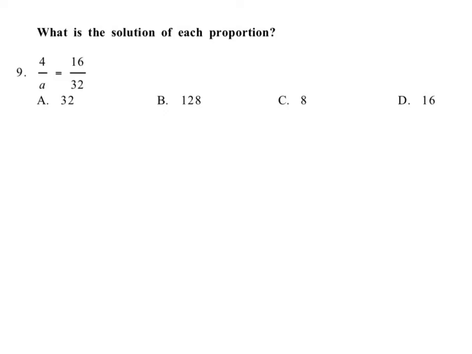Okay, these should be pretty easy for you at this point. Multiply the diagonals, set them equal to each other. What do we get? We get 16a equals 32 times 4, or 16a equals,